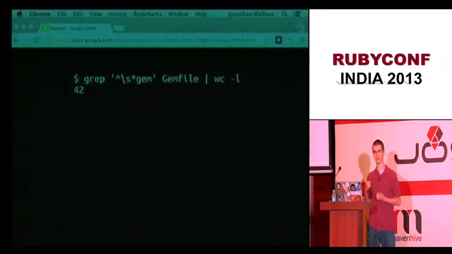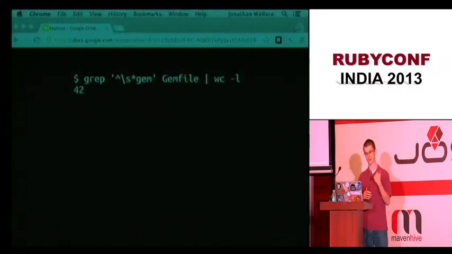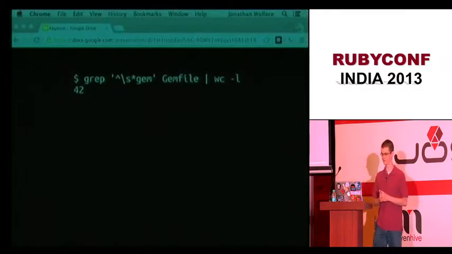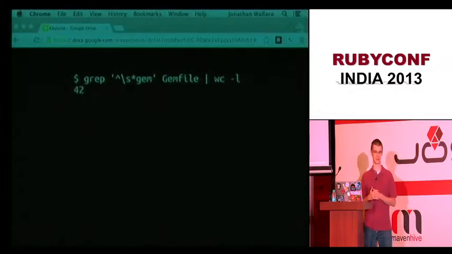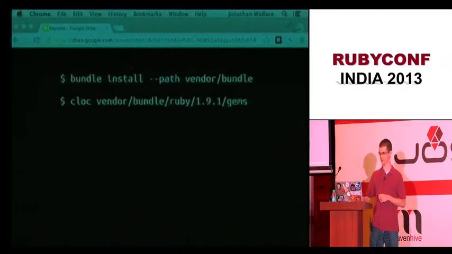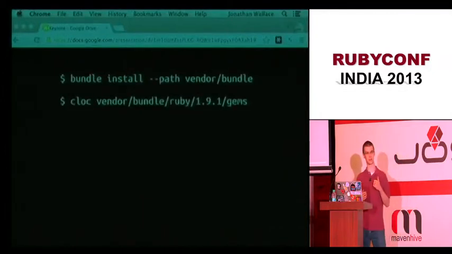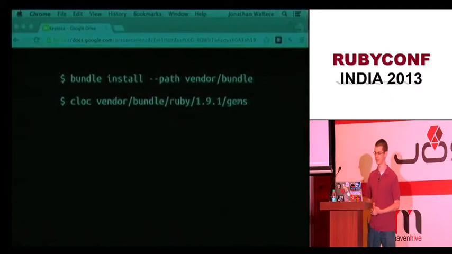I ran this command, and it told me to look for all the gems in the Gemfile and count them, and there were 42 of them. About 25 of those I actually loaded in production. The others were for test or development or the asset pipeline. So what if I run this command, bundle install, and download all of the gems to my vendor bundle directory,